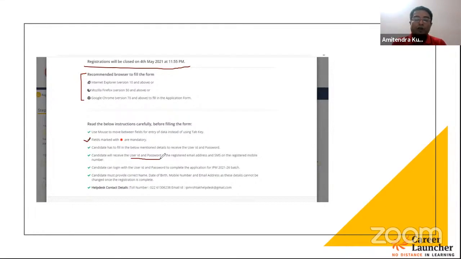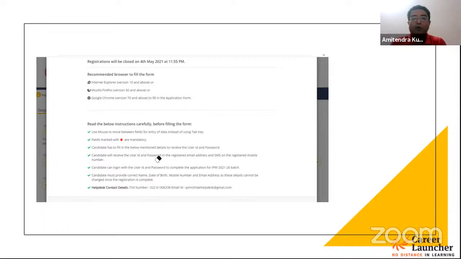Okay, and you have to be also very careful about your details, because once you have submitted the details, it cannot be modified under any circumstances. So you need to be very careful. Please make yourself doubly sure that whatever particulars you have filled while completing the application form, they are very much correct, because you can't change at a later stage. That is not allowed. So बिल्कुल ध्यान रखना है, जो भी आप particulars fill कर रहे हो, they are complete in all respect. So don't rush through the form. Take your own sweet time. That would be my advice.